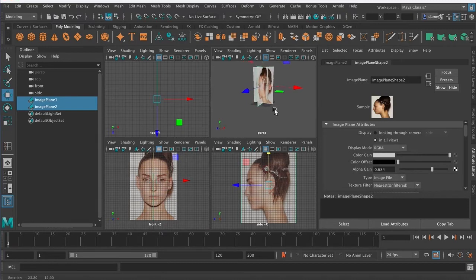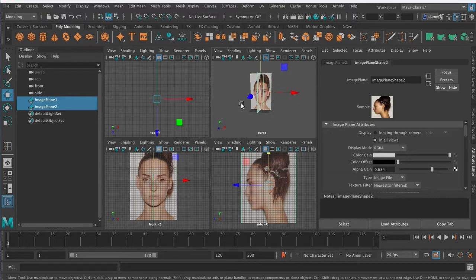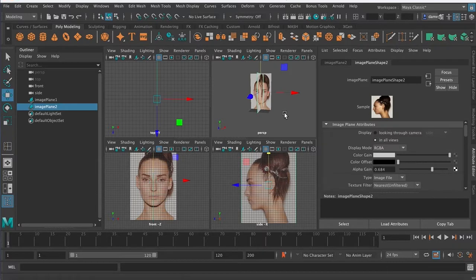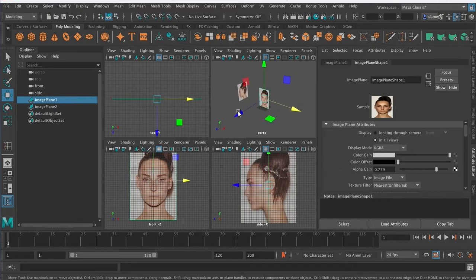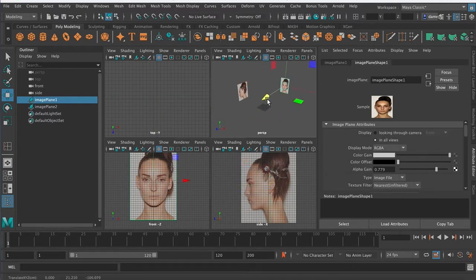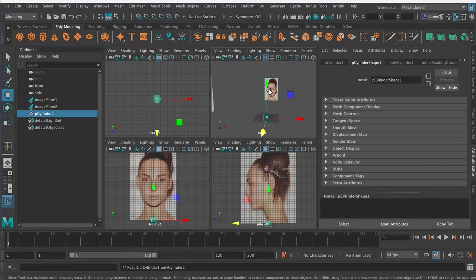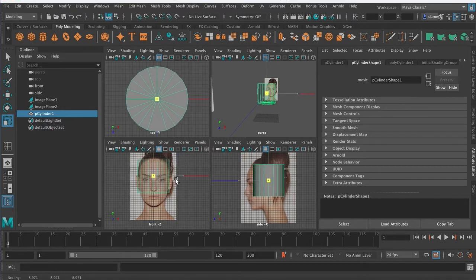And then from here, I'm going to move my perspective so that I'm looking kind of towards the front a little bit. I'll first select the side image and drag it to the left to pull that out of the way. And then I'll select the front image, and then I'll just drag it backwards to get it out of the way. So hopefully what you'll have here is, if you have an object in your scene, you want it to show up